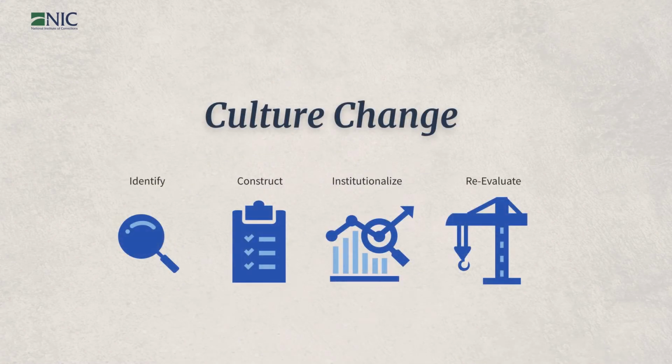So this is what the model looks like. And as you can see, that top bar is the goal, right? We don't want to get really in depth with processes. We're going to talk about processes, but the ultimate goal is to develop an organizational culture that leans into the conversation of racial and ethnic disparities. We're not offended when our data suggests differential treatment, differential processing, differential outcomes, right? We want to find out what it is that our systems may be doing to create these disproportionate representations at certain contact points and these disparate outcomes, right?